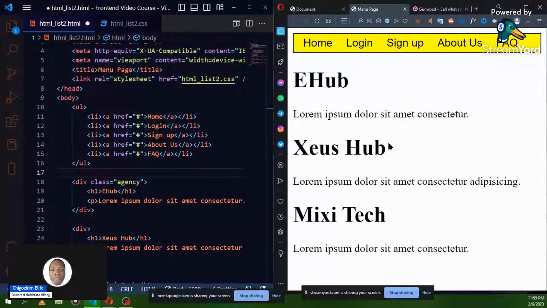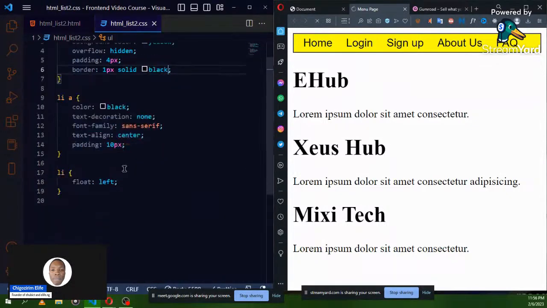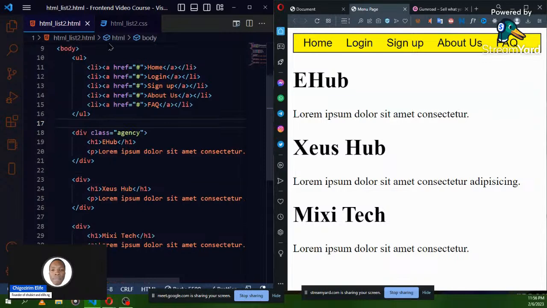But now there is something about this class that I need to know. If I come over to my CSS, I want to style all of these things. Normally, if I want to style, I will just call the